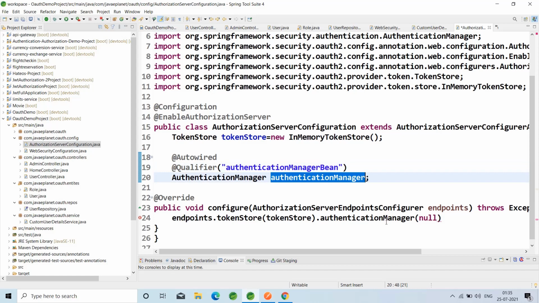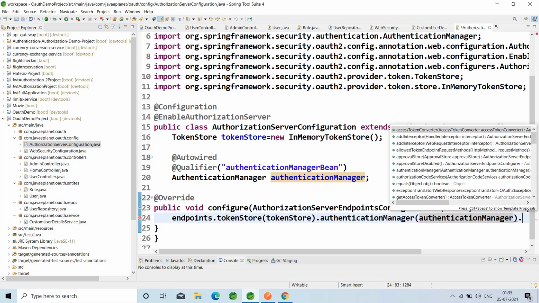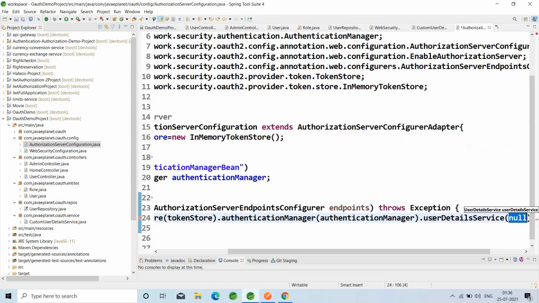Copy, paste here. That means in the authorization server, we are configuring the authentication manager by injecting the authentication manager and also the user detail service. That's what we are doing here. Inject the user details service.